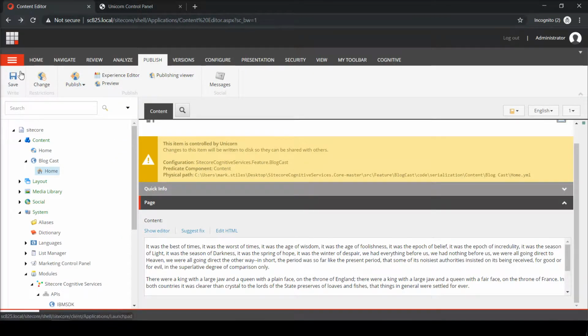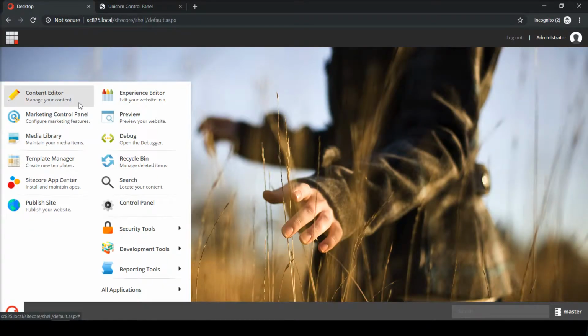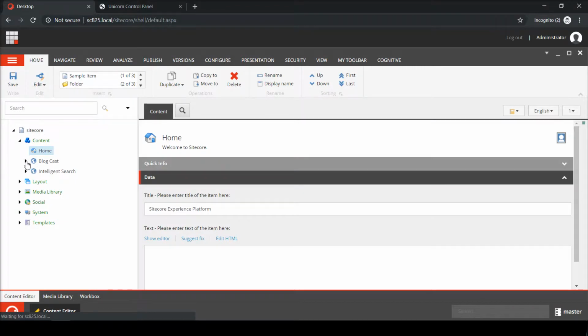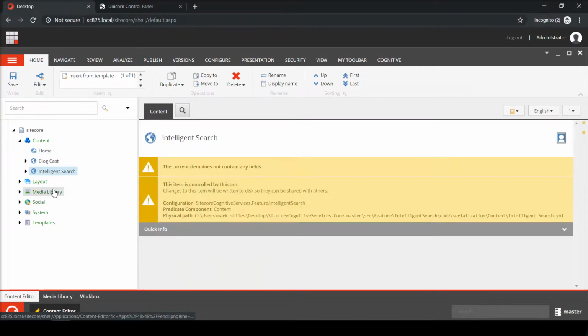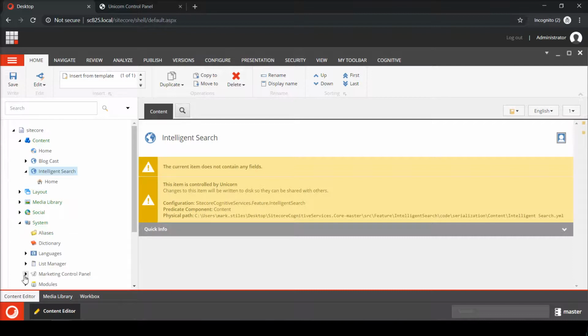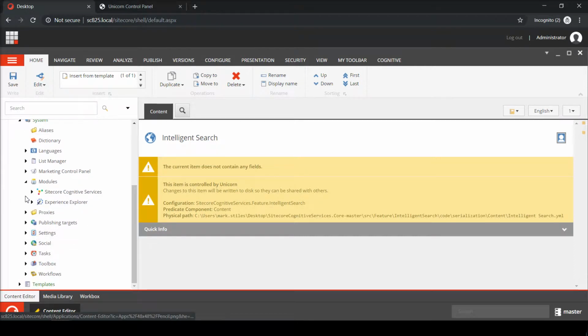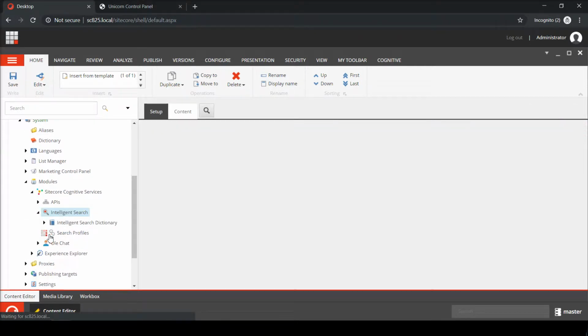I'm going to jump back into Sitecore Content Editor. What I'm going to see here is another website here, and this is the intelligent search. This is just an example. It just helps you kind of see how it works so you can take it apart and use it yourself. If you go under System, Modules, and Sitecore Cognitive Services, you'll see the intelligent search section. Under Search Profiles,